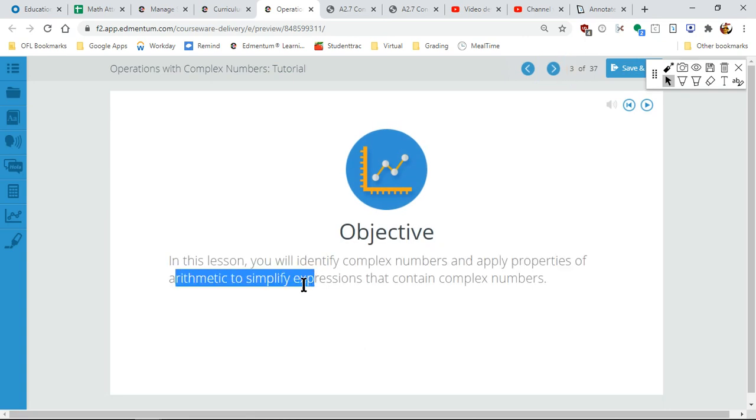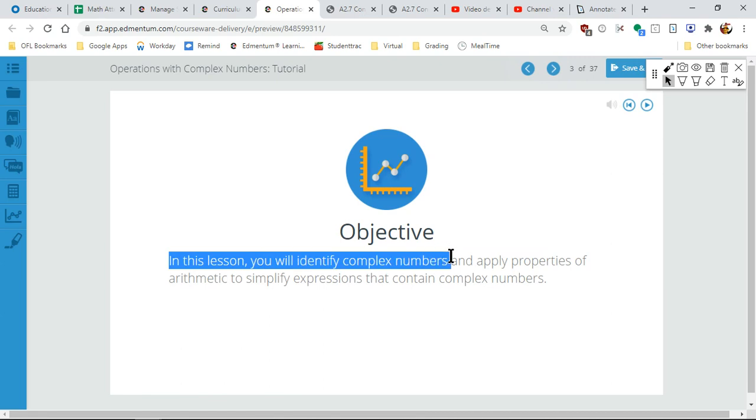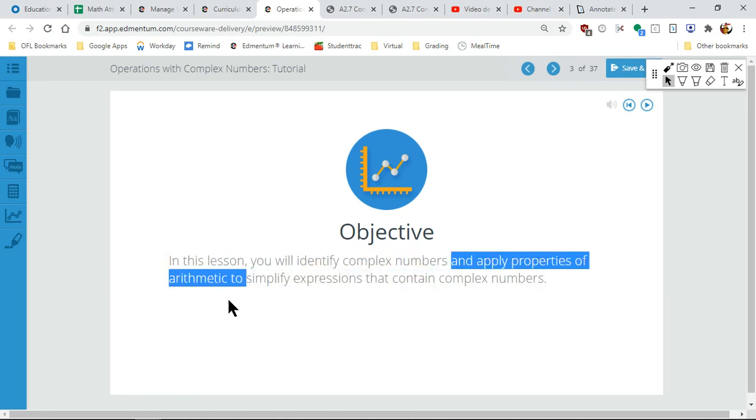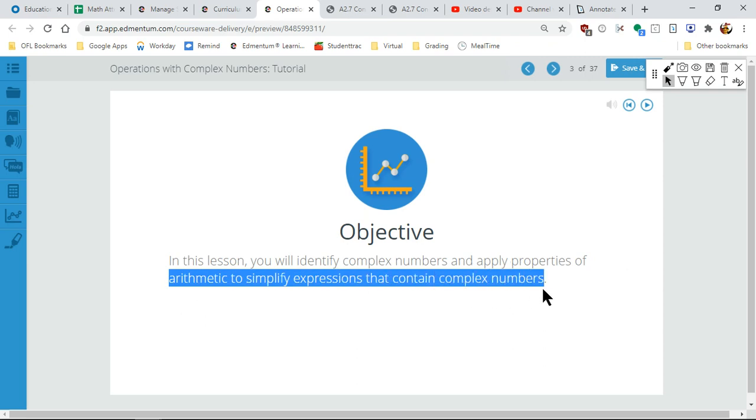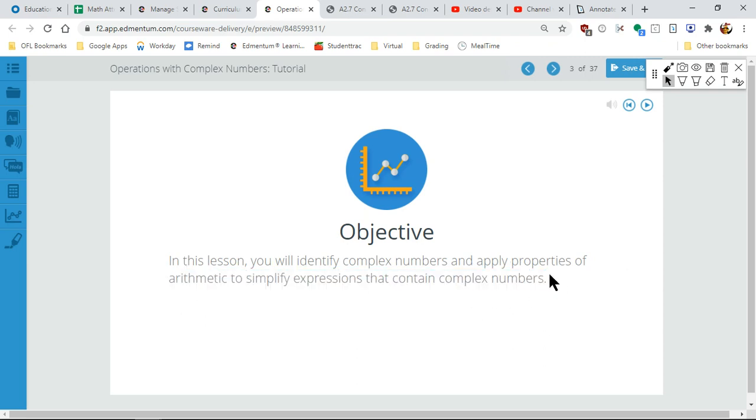So in this lesson, we will identify complex numbers. So I take it we're going to learn what complex numbers are, and we're going to apply it to arithmetic to simplify equations that contain complex numbers. So we're going to find ways to simplify things. So for example, if I had like 2 plus 4i divided by 2, you can probably simplify this to just,